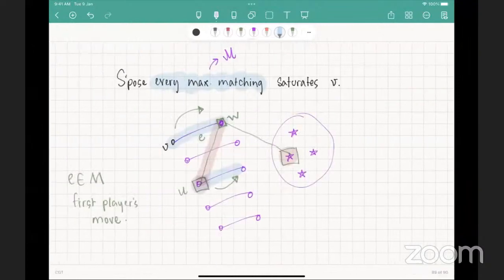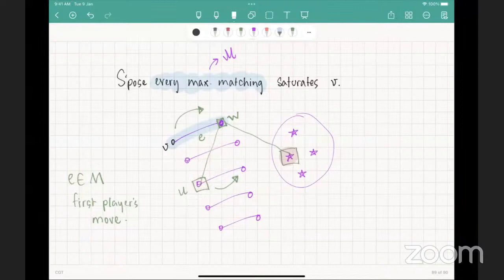So the first player sticks to their lane and they always play along a matching edge. And no matter where the second player takes them, what we will end up having is a situation where the first player has an opportunity to continue. However, what happens if you're in the other case where